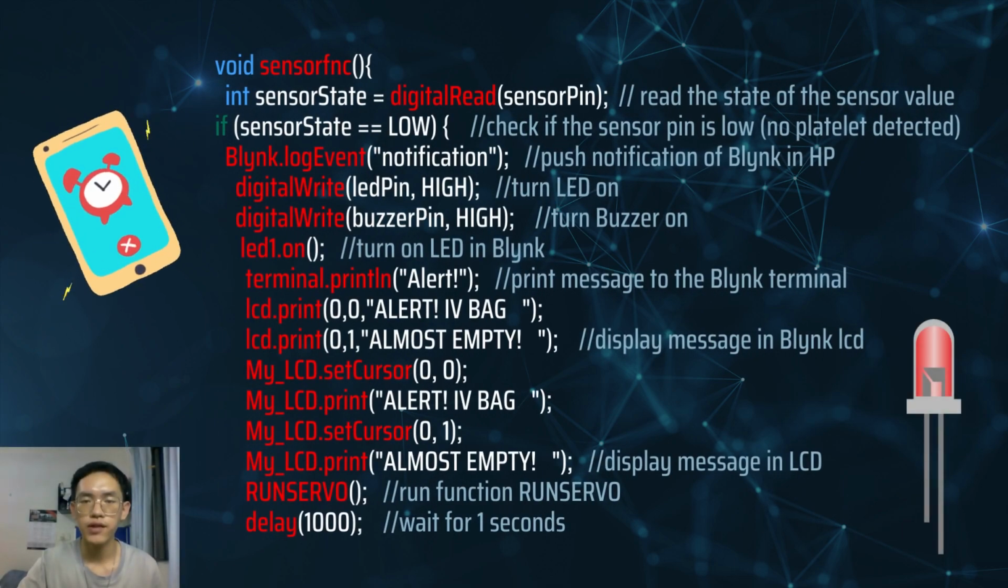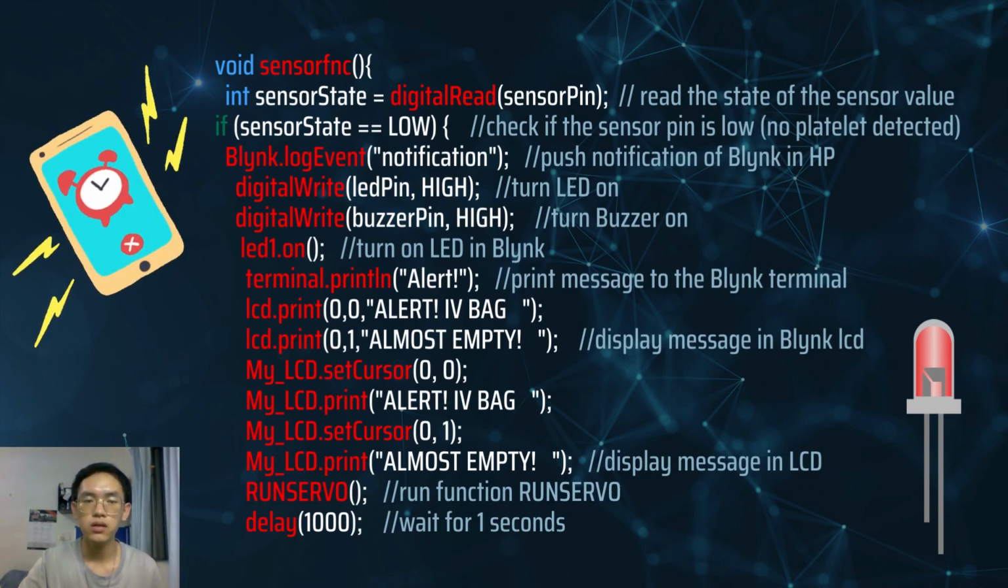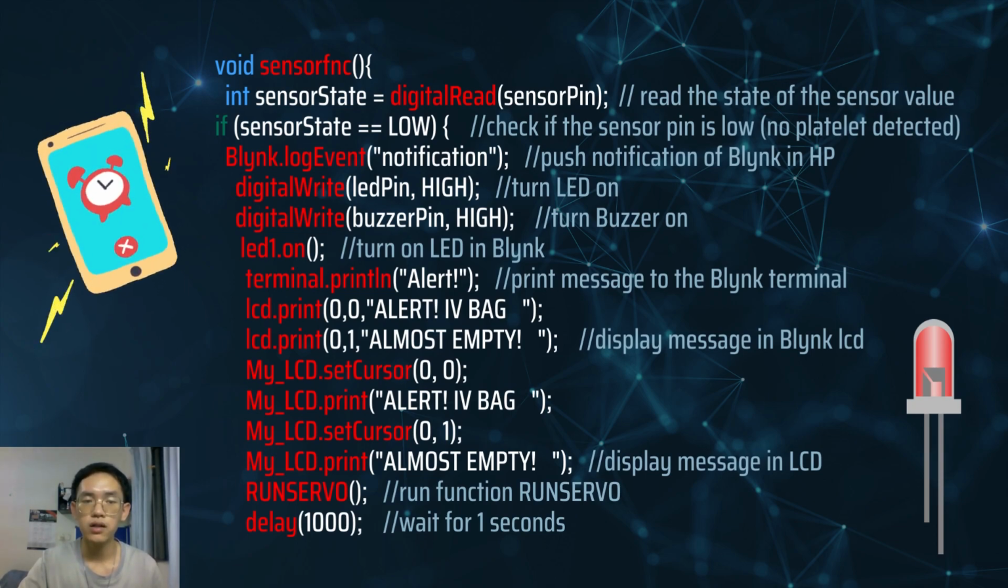Inside the sensorFNC function, sensorState is declared to read the state of the sensor pin. After that, we use an if-else statement to check the sensor state. If the sensor state is low, which means it's not detecting any platelet, the system will alert the nurse and patient. Firstly, the Blynk.logEvent function will run and